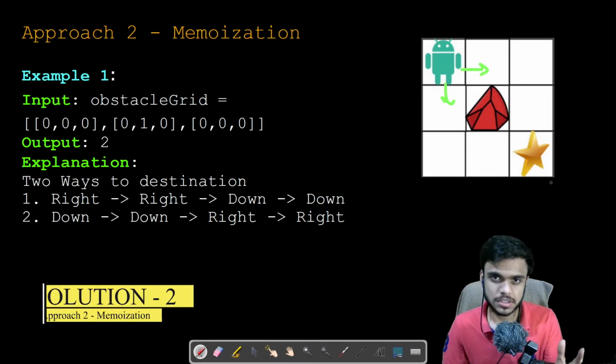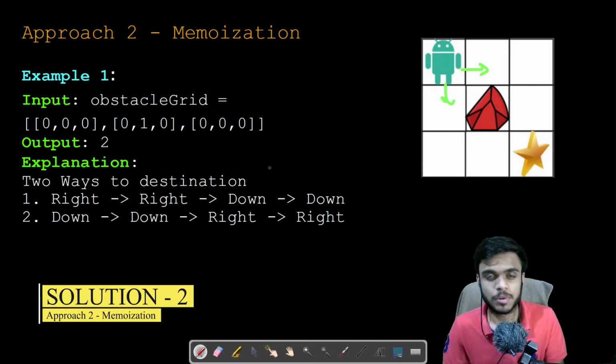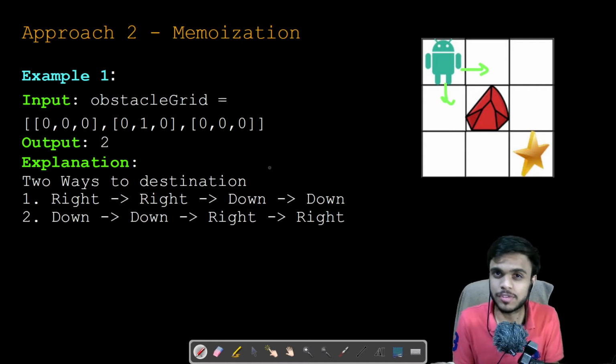Now let us look at the second approach. The first approach that we just saw with the help of recursion is giving a TLE because our problem has a lot of overlapping subproblems. Overlapping subproblem means whenever we make recursive calls, the parameters that we are passing refer to the value of any particular cell. And if those particular values are repeated for any other cell too, that is, we are doing the same calculations twice or thrice or more times, which is actually unnecessary work.